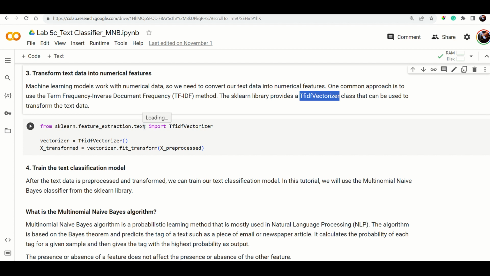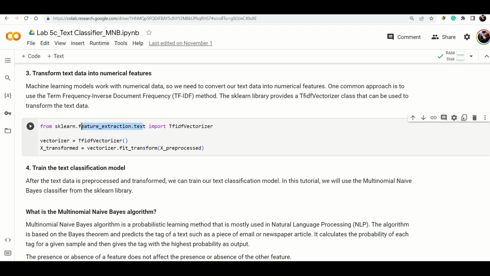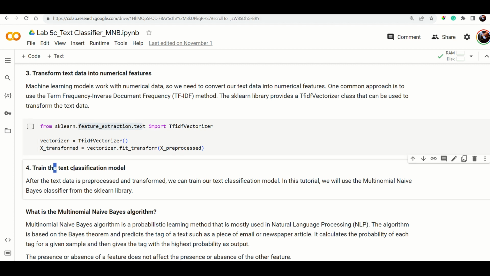So again in sklearn we do have this module called sklearn.feature_extraction.text. In that you have this TfidfVectorizer. So you are just using that vectorizer, and then you are applying it. That's why fit_transform means you are applying it upon the X processed. Okay, and now what we have to do is train the text classification